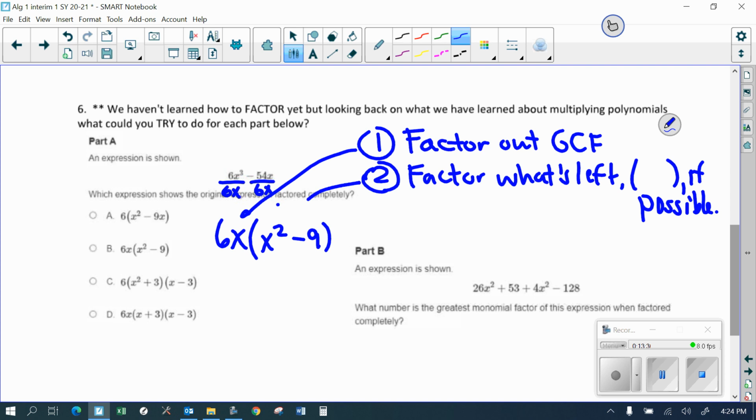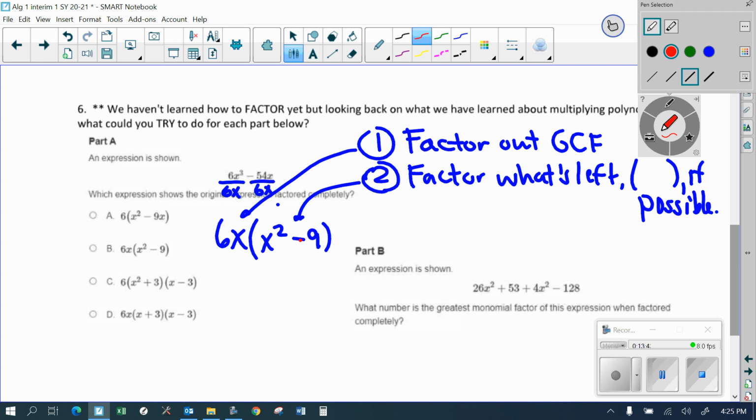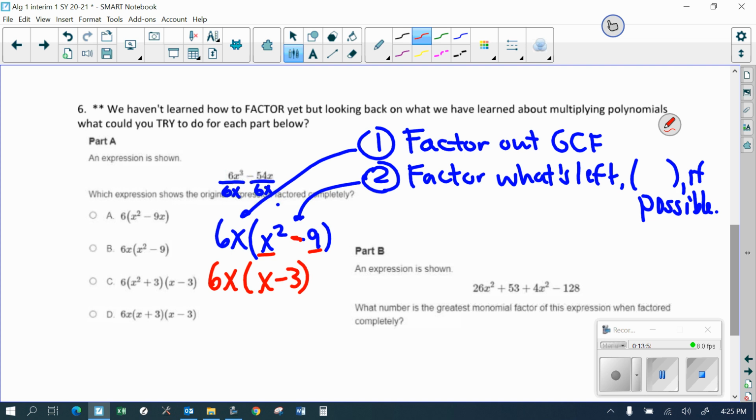Step 2, factor what's left inside parentheses if possible. I should see I have a binomial. When I have a binomial, the very first thing I'm looking for is difference of perfect squares. Do I have a different sign there? Yes, I do. Difference means subtraction. There's my difference sign. Are both of these perfect squares? Yes, they are. X squared is x times x, and 9 is 3 times 3. So that's going to factor into a difference of perfect squares. So it's x plus 3 times x minus 3. I just take the square root of each, and one's a plus and one's a minus. So there's your answer right there,